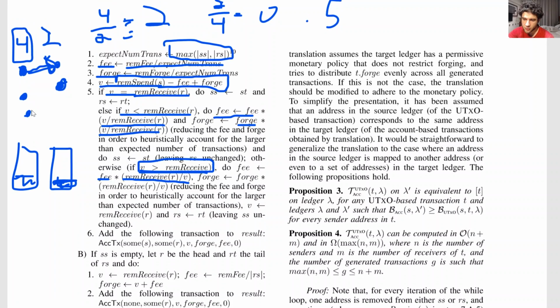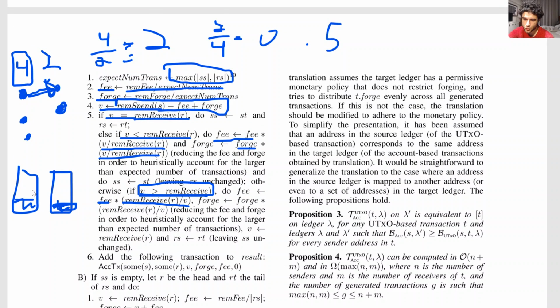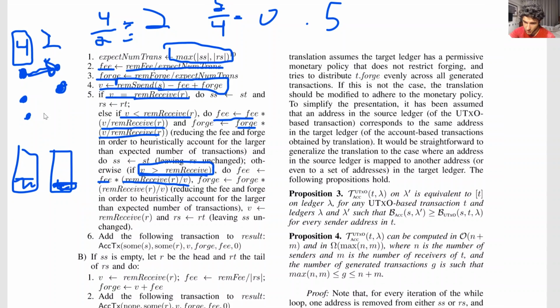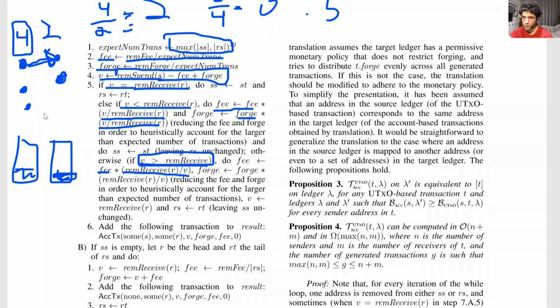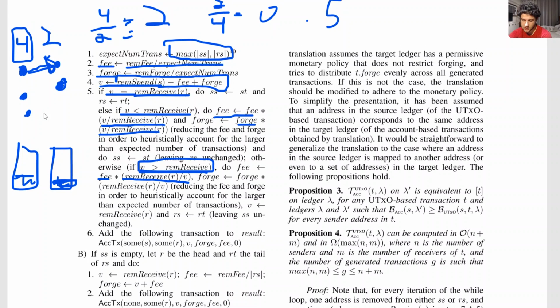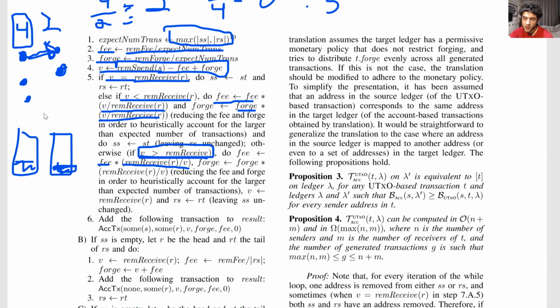Okay, so now that we defined how to pop items off our stack and send to transactions and how we deal with the fees, multiplying the fees by some ratio such that the fees end up working out, we now have a loop that runs in worst case n plus m time. There's a slight